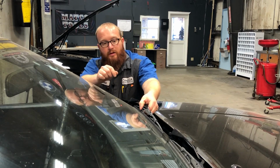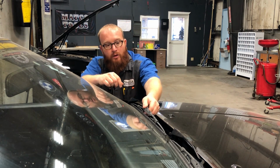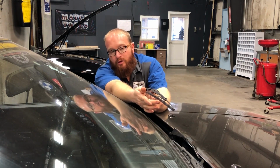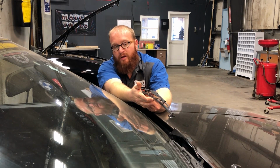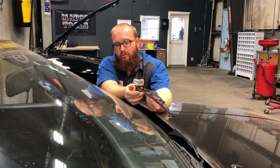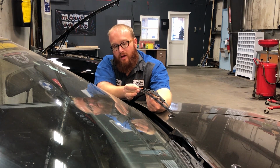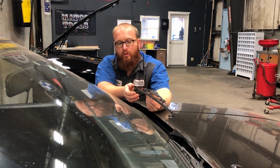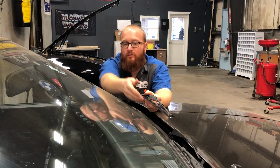The next thing we need to check, and it's actually one of the most important ones, is your wiper blades. What you want to do is just lift up on the blade and visually inspect it. Is there any chunks missing out of it? You can run your finger along the bottom. It should be straight and smooth. There shouldn't be any cracks or broken pieces. And it should be flexible. It should be nice and pliable. It shouldn't be hard rubber like a piece of plastic almost. If there's all kinds of cracks and stuff in it, it's just going to leave streaks on your windshield,